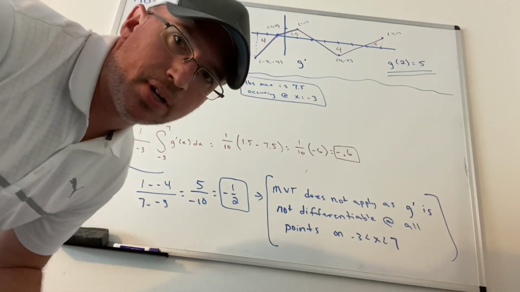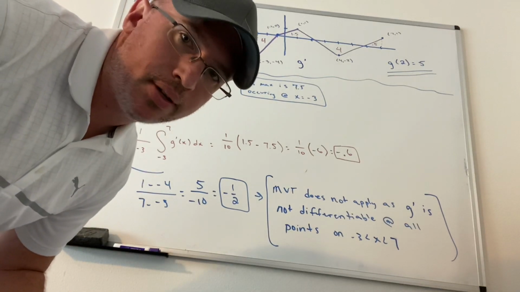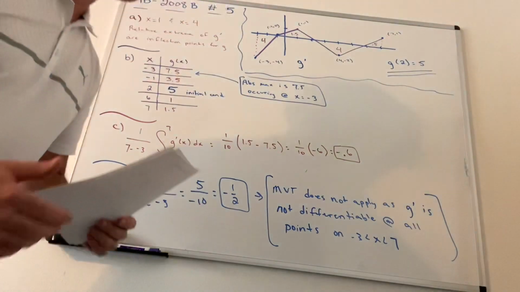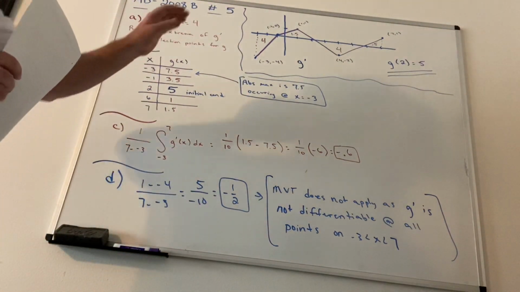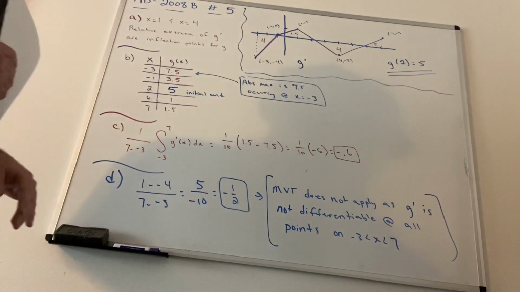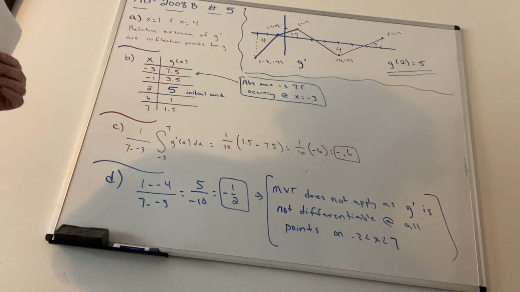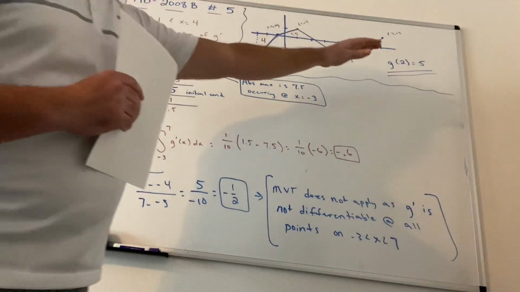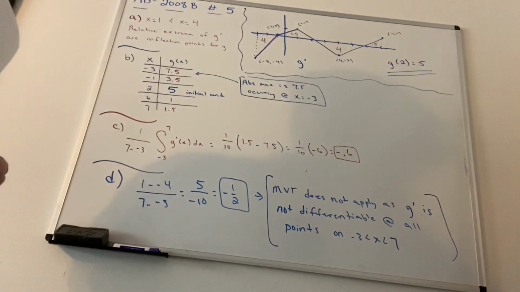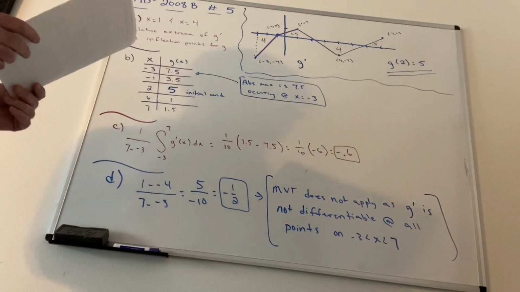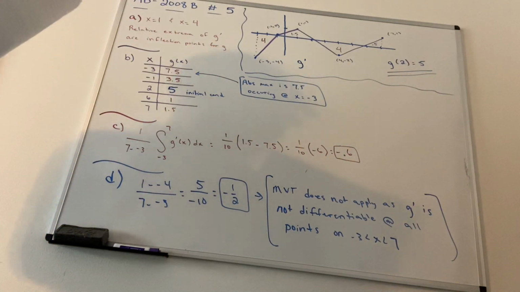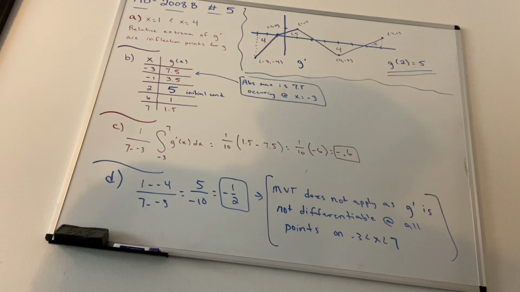All right, this is question number 5 from the 2008 Form B AB exam. In this question, you are given the graph of G prime with some coordinates listed on it. And you're also given that G of 2 is equal to 5. Part A, it says find the x-coordinate of all points of inflection of the graph of G and justify your